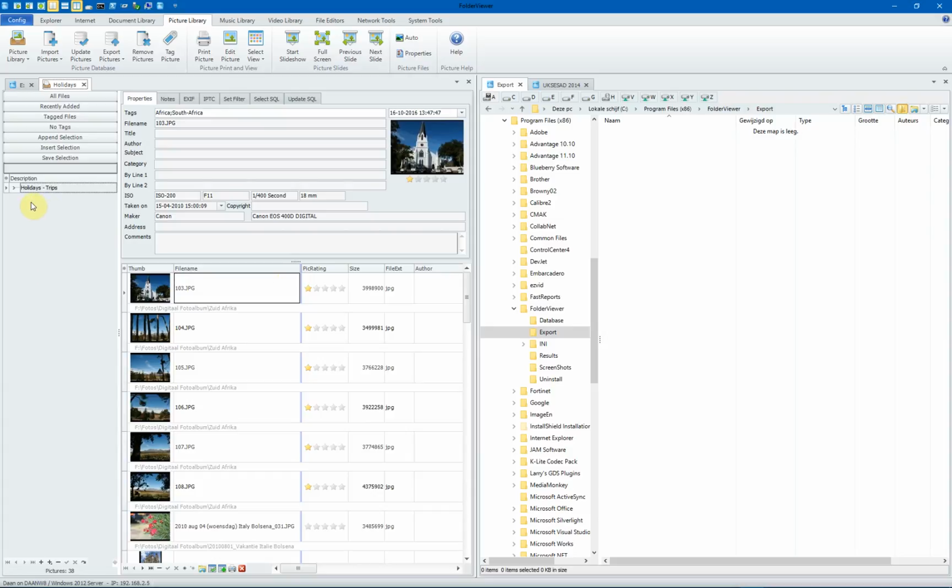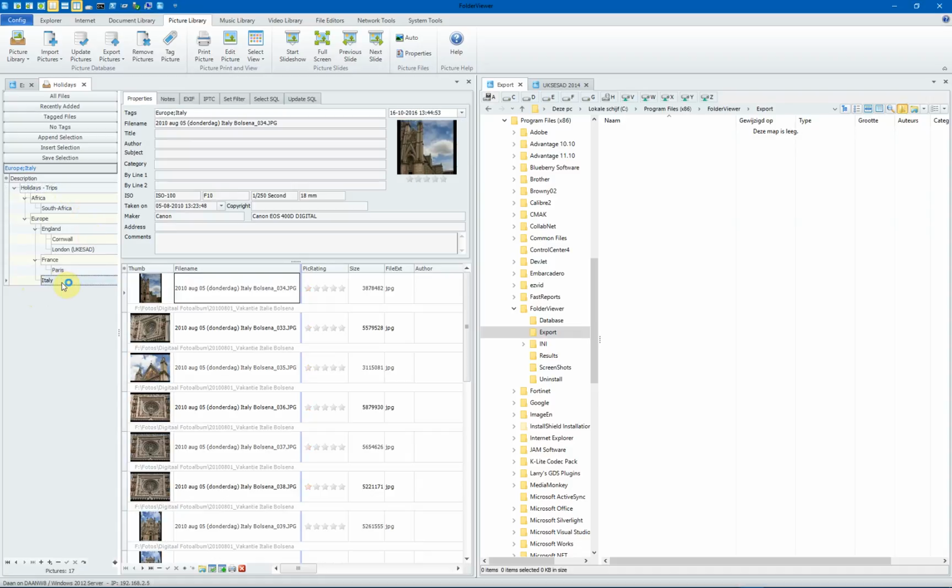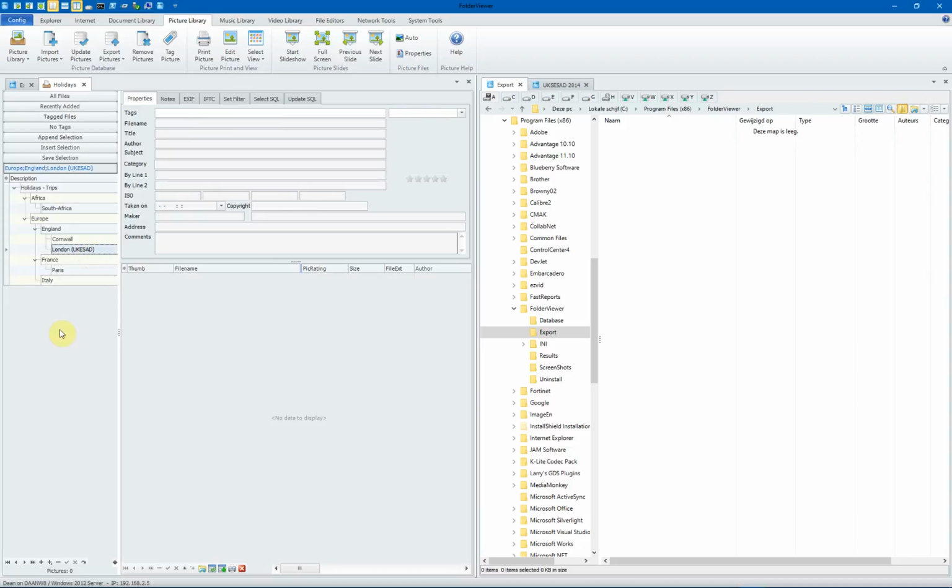We can expand all the nodes to see all the nodes, and we start with the root node called Holidays Trips. And we have already a few pictures in the library, for instance some beautiful pictures made on our holiday in Italy. And now we want to add some pictures we made during a conference called UKSAT in London, in England,